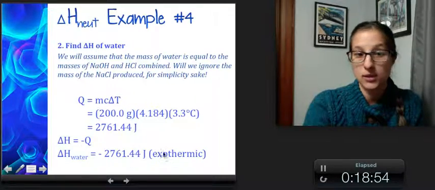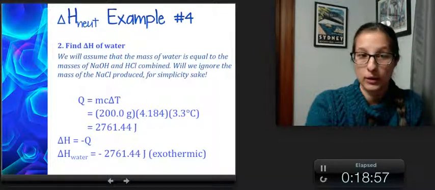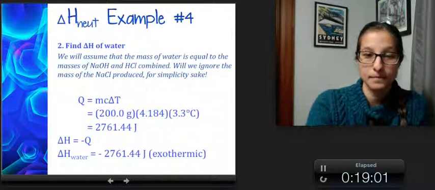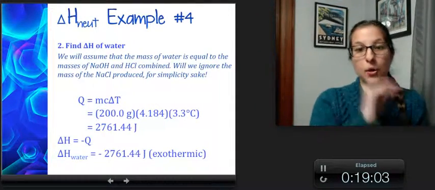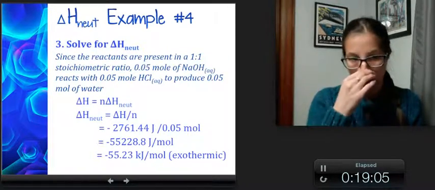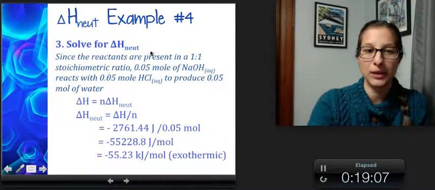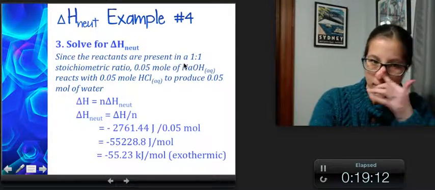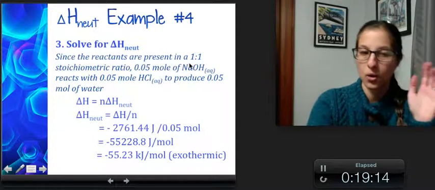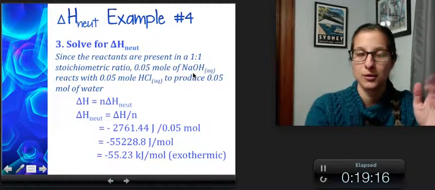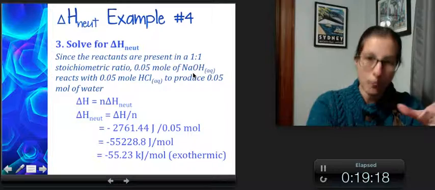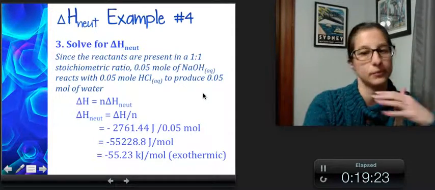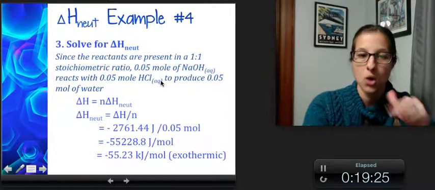And then that is our delta H. That's what we were looking for. That is the change for our neutralization. But we need it per mole, because we want the molar change. So you can pick either one of these moles. It's a 1-to-1 ratio once again. So you're going to have 1 mole of hydrochloric acid reacting with 1 mole of sodium hydroxide to produce 1 mole of water and 1 mole of sodium chloride. So it's all a 1-to-1-to-1 ratio,